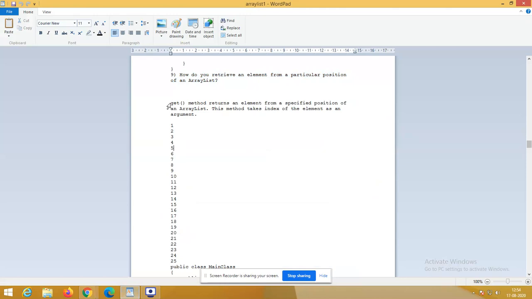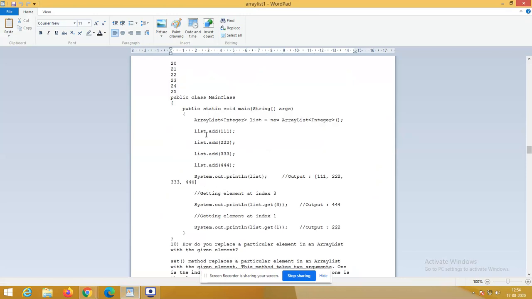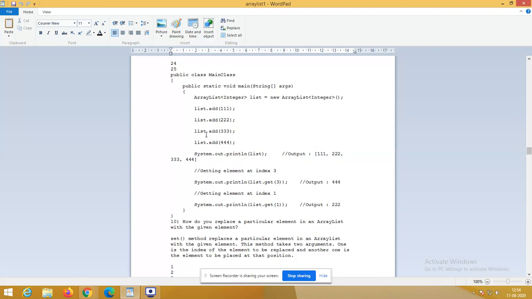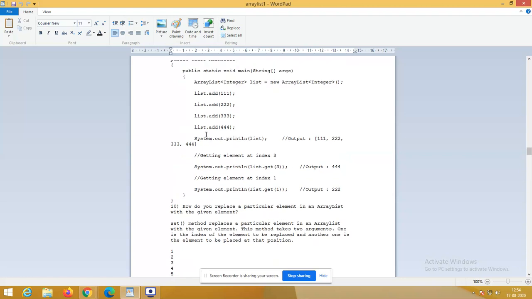For that, we have to use the method get. This get method will fetch the corresponding data from the list. If I mention the position, it is ready to retrieve it for me.